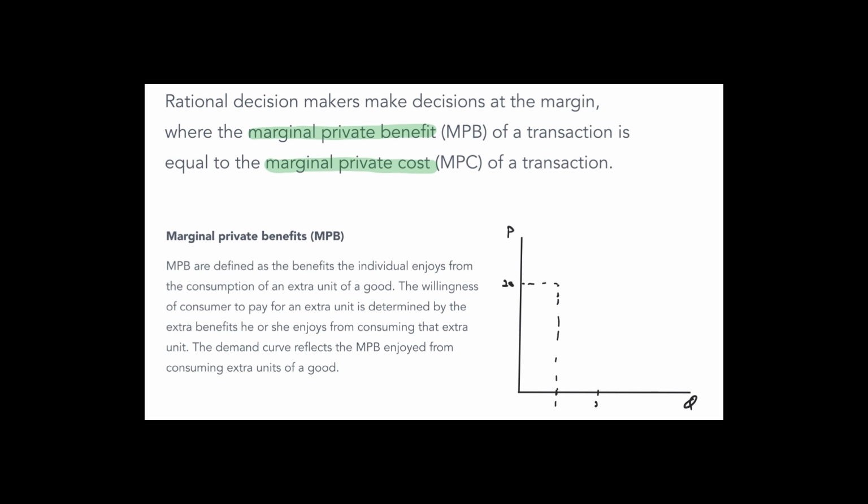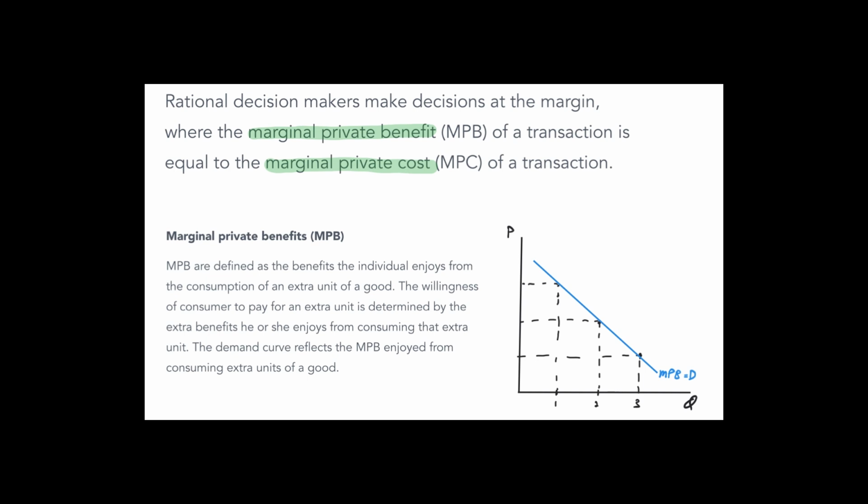But for the second one, the law of diminishing utility says that it's actually going to fall. It's not going to be as much. For the second packet, I'm interested in paying maybe 15 rupees. For the third packet, I might be interested in paying, let's say, 10. Let's not do the numbers, but I guess you get the idea. The law of diminishing marginal utility suggests that as you consume more of a good, the satisfaction from each extra unit falls, and that's what your demand curve is. Actually, that's what your marginal private benefit is as well.